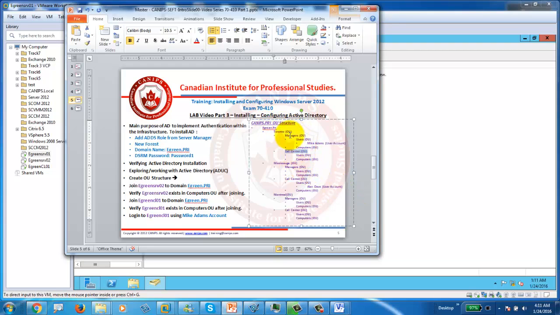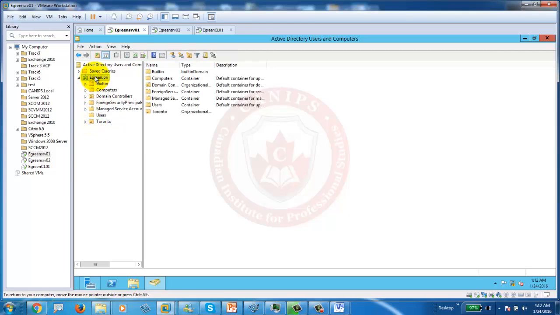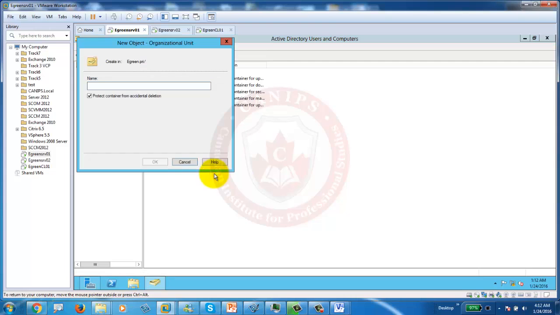Now we need to create the same structure under Mississauga and Montreal. As you can see, it's the same structure, but there is a user account under call center and users. So let's create this. First of all, I'm going to collapse Toronto, and since Toronto and Mississauga are on the same level, I'm going to go back to the evergreen domain, right click, and choose organizational unit,